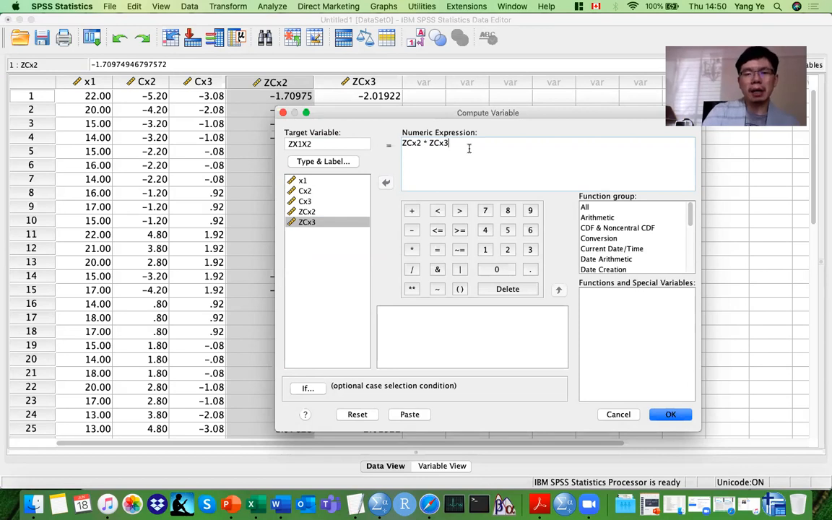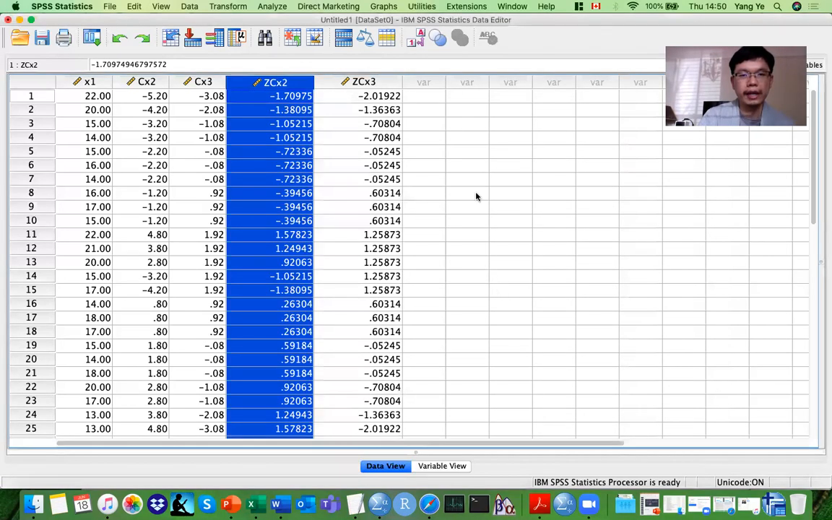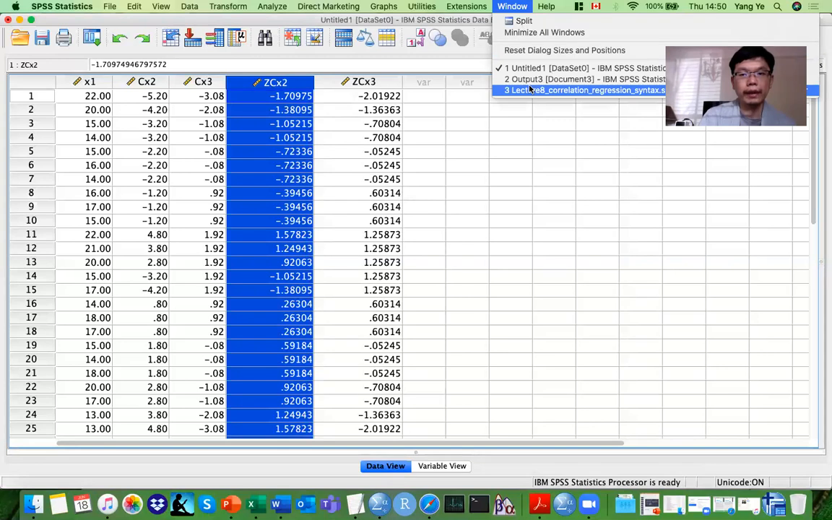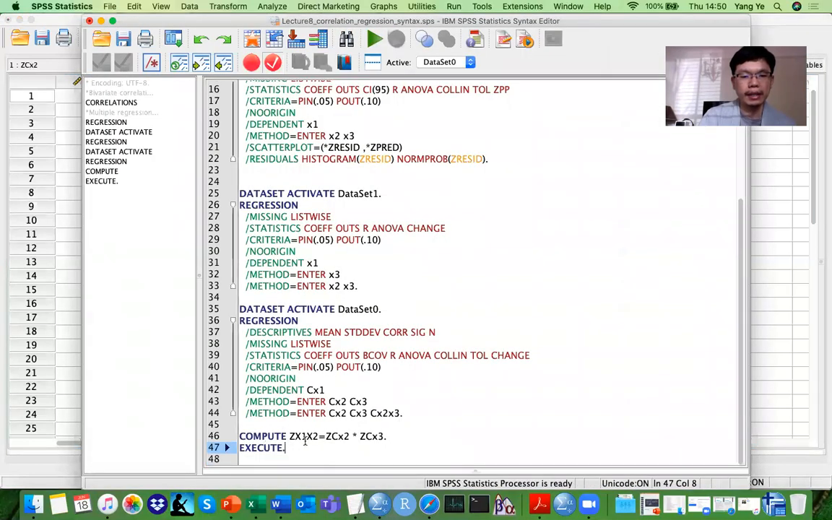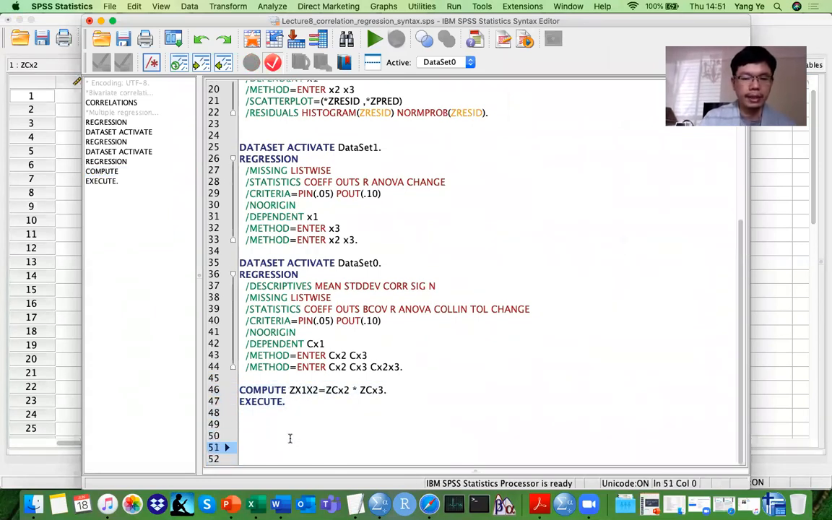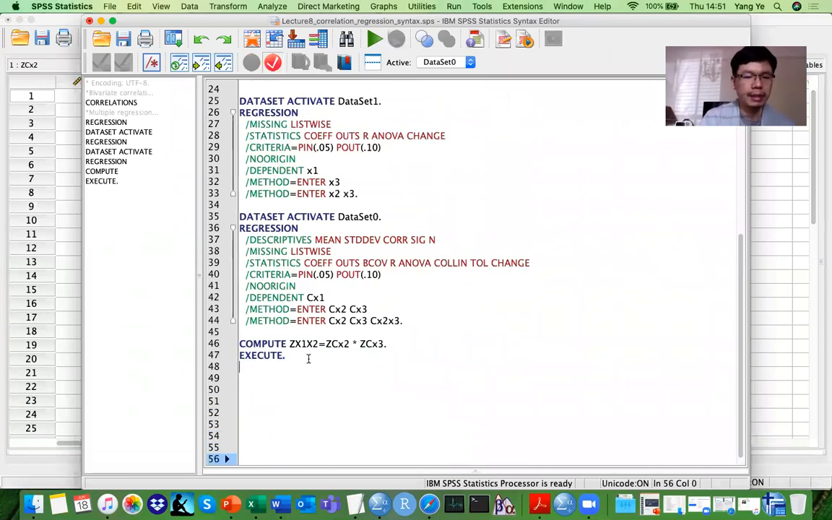So now you can either paste it or you can just select OK. If you paste it, you can see what the computation syntax is. It is something like this: compute equals. So that's the computation syntax. If you want to see it more clearly, I'm going to put it up. That's the computation syntax. So basically, compute Z equals the two